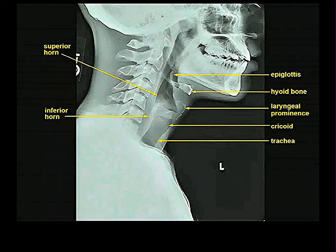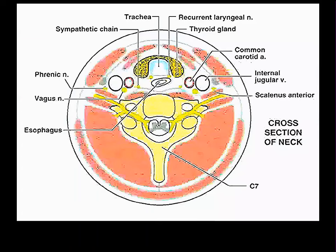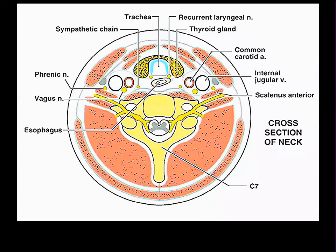You can also see the epiglottis. The epiglottis stands out in relief because it's got air on either side of it. So you can see that, even though it's a cartilage and probably is not calcified, it does stand out because of the surrounding air. Still, this is not a lot, and so almost all studies nowadays of people with suspected neck injuries or neck